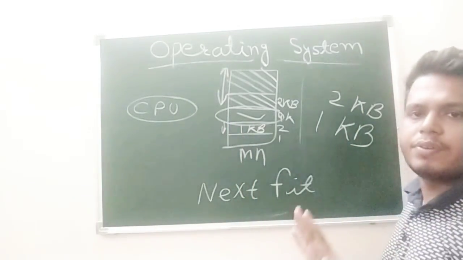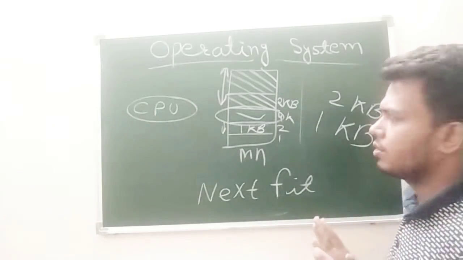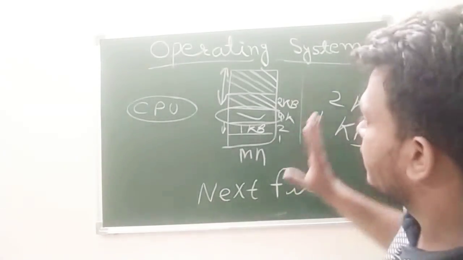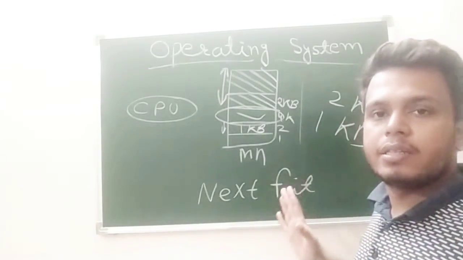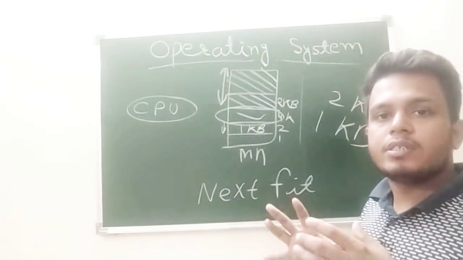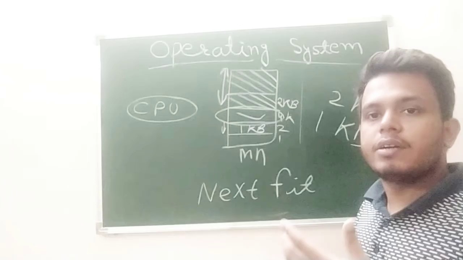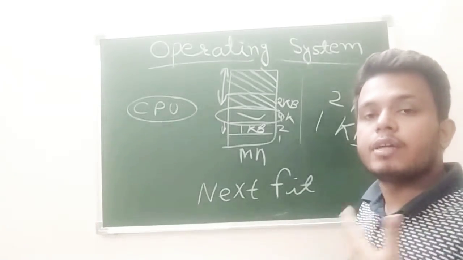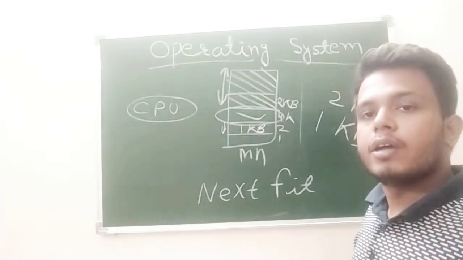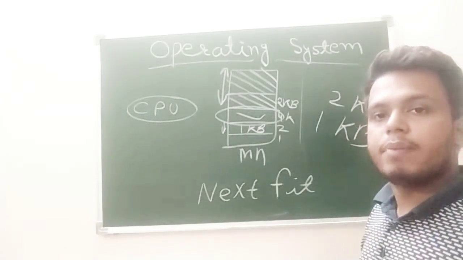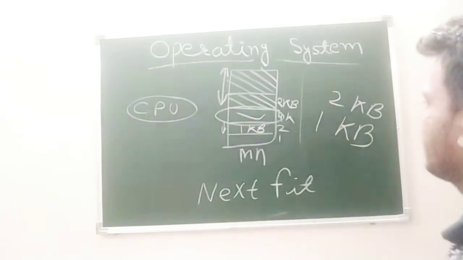That is all the difference between next fit and first fit. They are more or less similar to each other. That is why I am saying it is an extension of first fit. But the concept behind this is that for something which is already scanned, there is a lower probability that it will fulfill the coming requirement. That is why we are ignoring the spaces which we scanned previously. Clear? So we will discuss the next one.